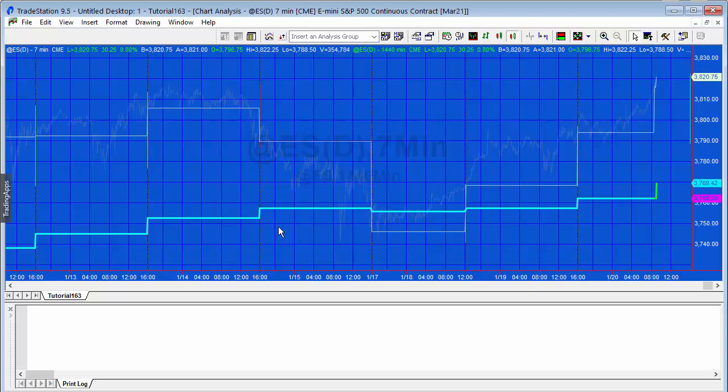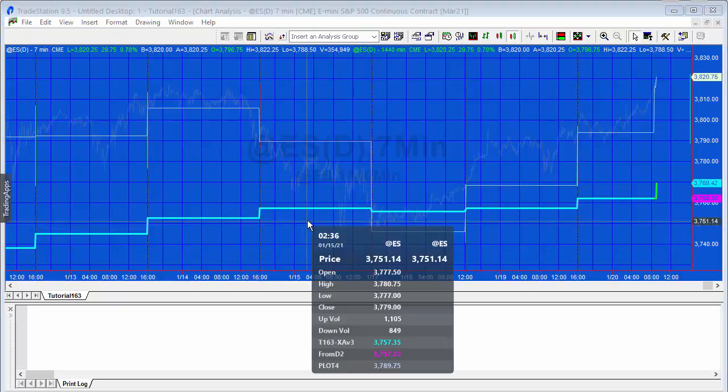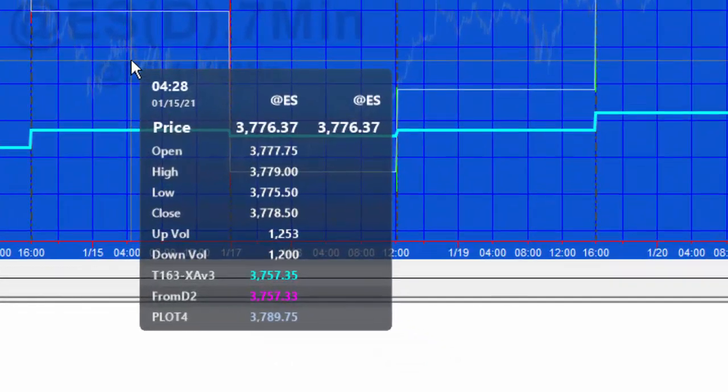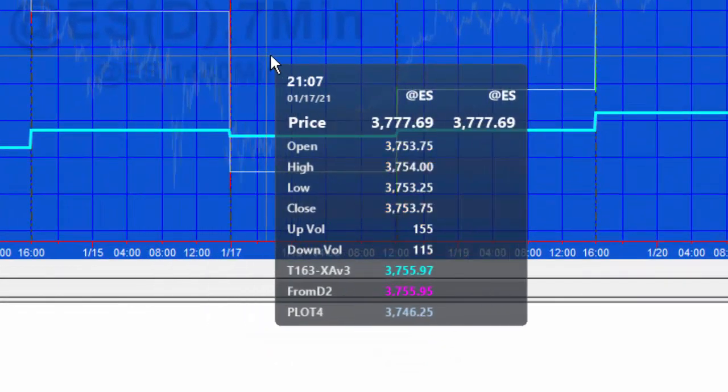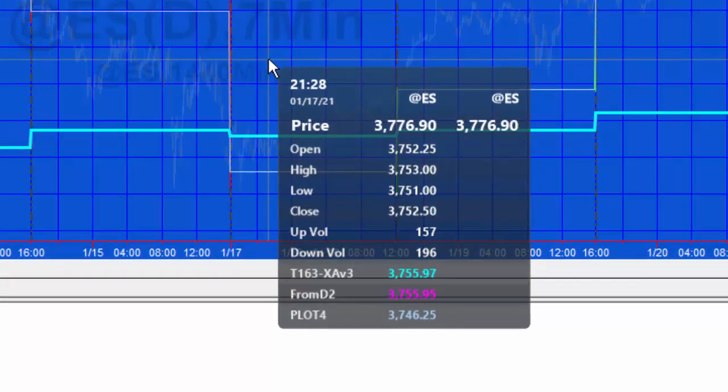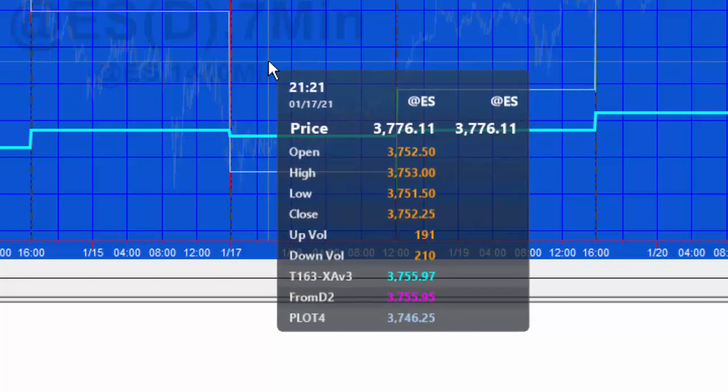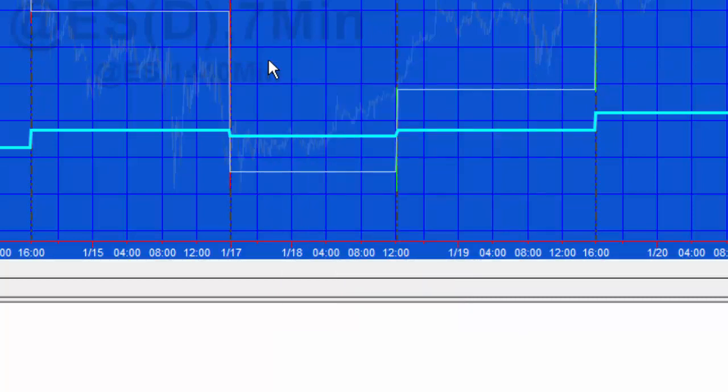And if you were to move your mouse over this value here, you'll probably notice that the values are not quite the same, by 0.02 in those cases. So what I did was I plotted the PSP and I overlaid that with Data2,